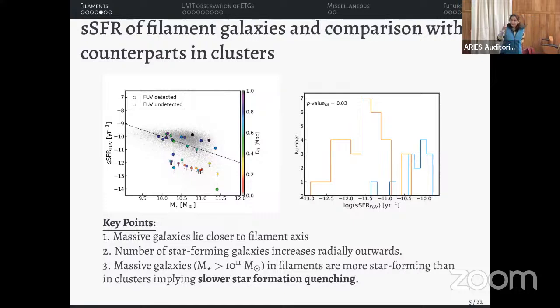Actually, the second part of my talk is precisely about this. It's about where the UV emission comes from in elliptical galaxies. So I'll talk specifically about elliptical galaxies. In this study, I just wanted to see how filament